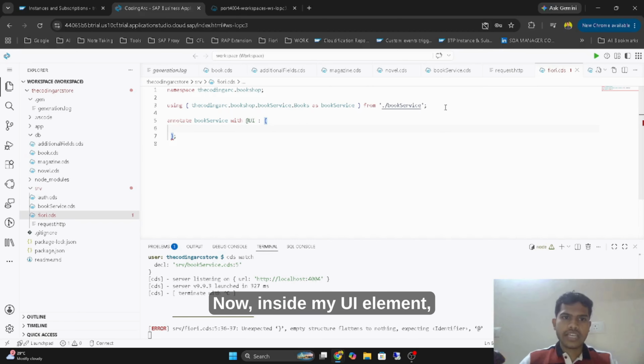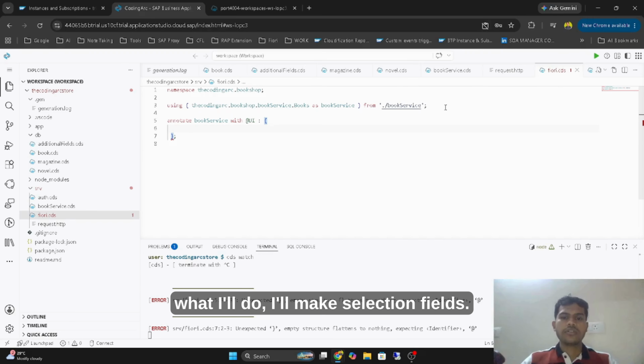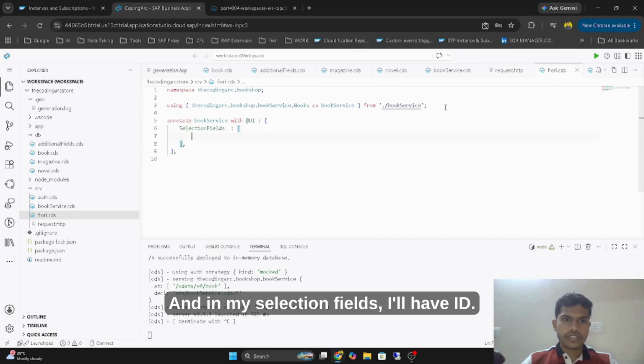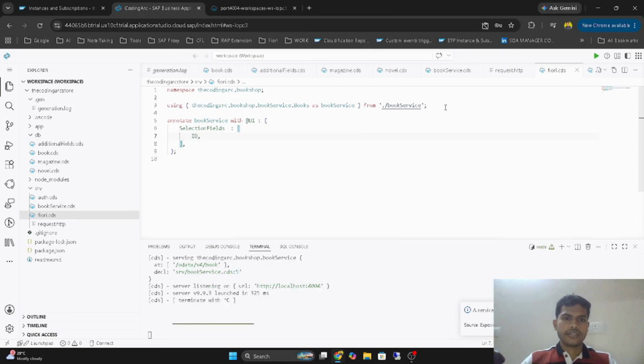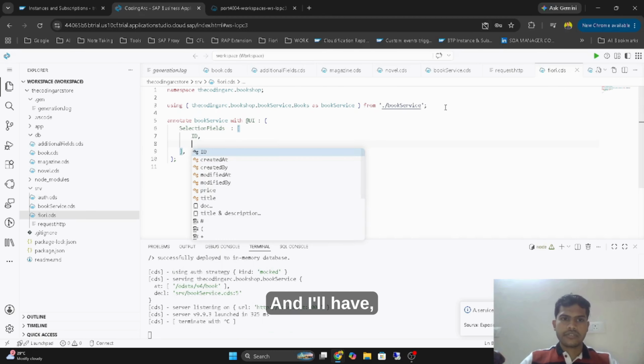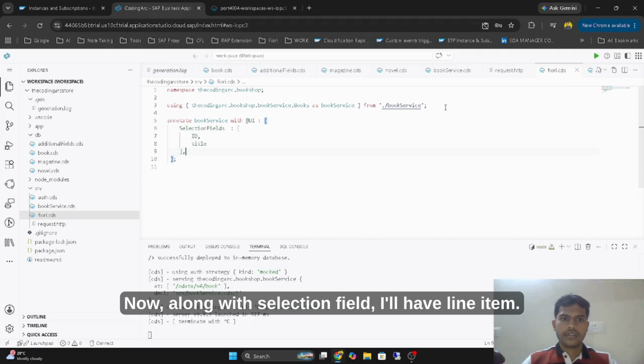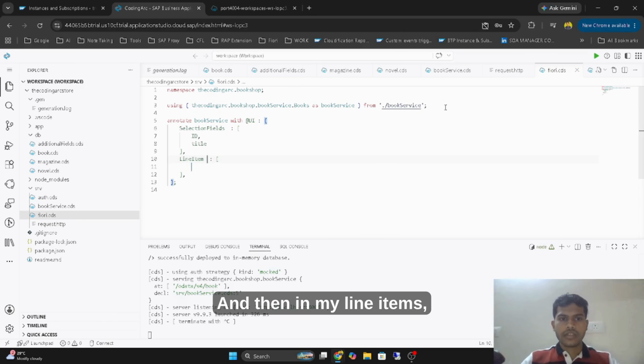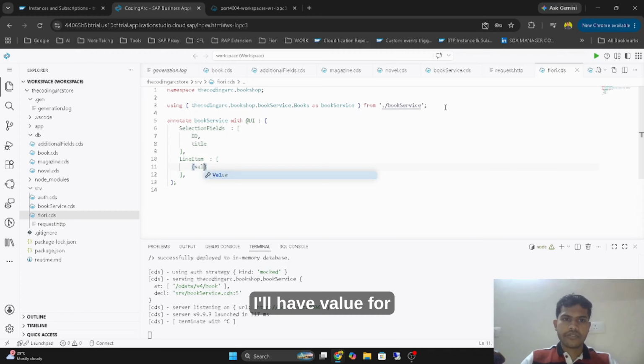Now inside my UI element, I'll make selection fields, and in my selection fields, I'll have ID and, let's say, title. Now along with selection fields, I'll have line item, and then in my line items, I'll have value